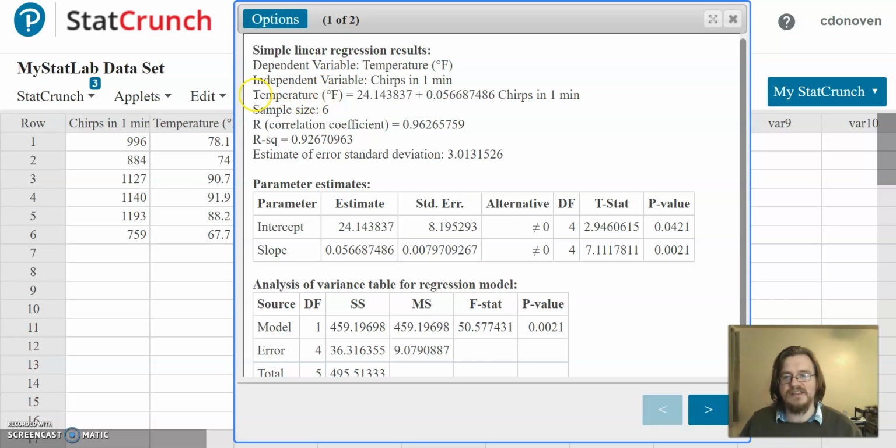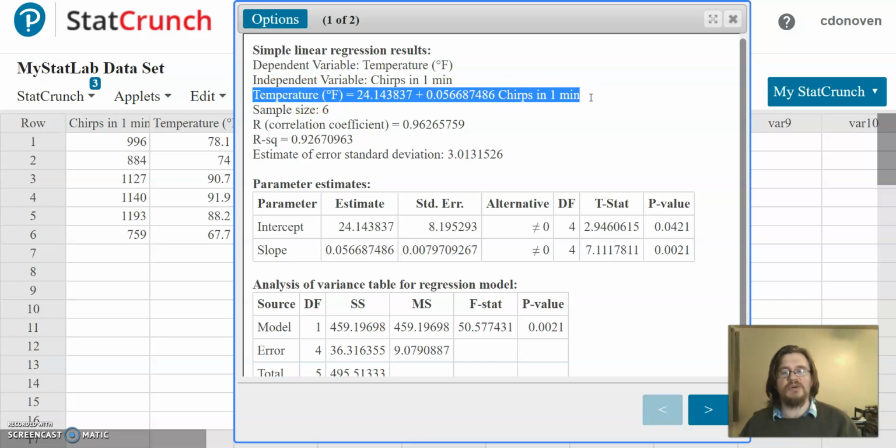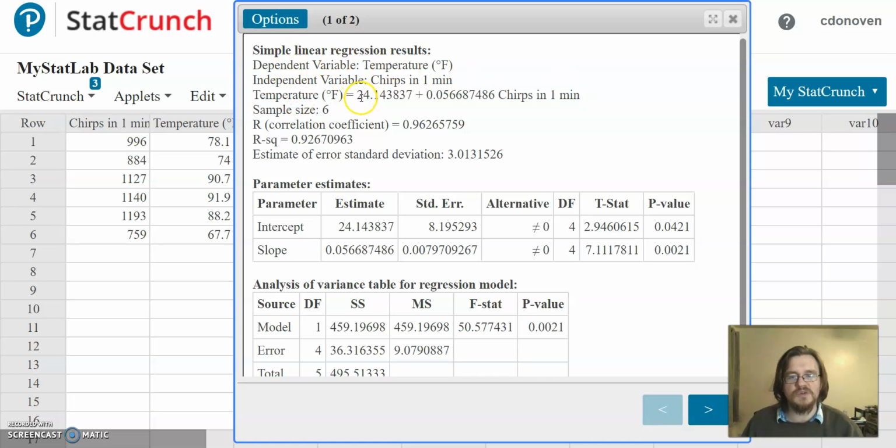So if you listen to the crickets chirp, we can determine what the temperature is. And then it gives this equation here, and this is our regression equation. This is saying that the temperature should be equal to 24.14, so that's 24 degrees, plus about 0.056 times how many chirps there were in 1 minute. So here is our regression equation. If the temperature was y and the chirps in 1 minute were x, y would be equal to 24 plus